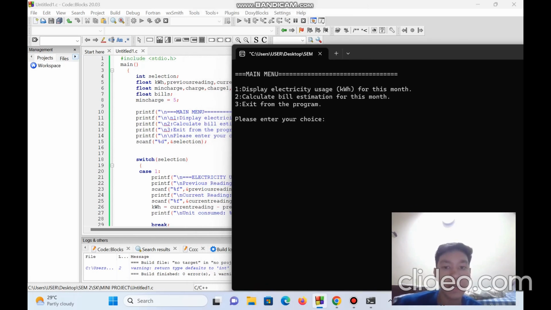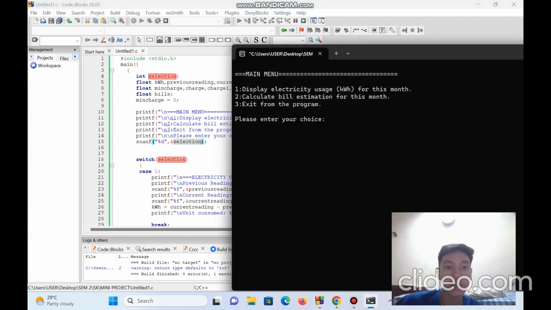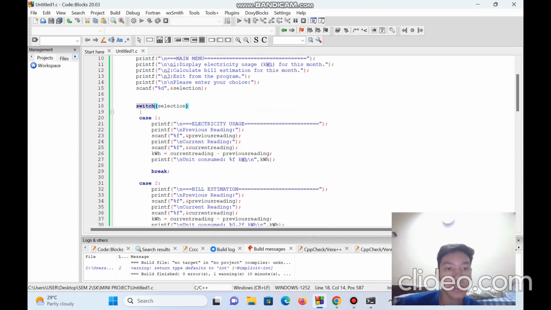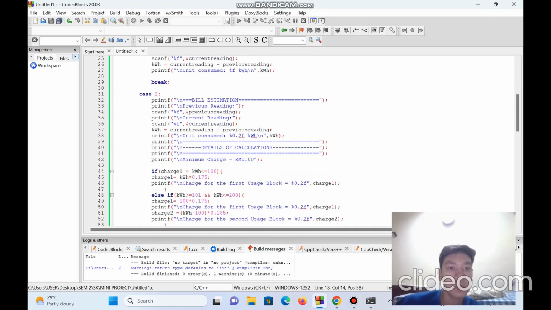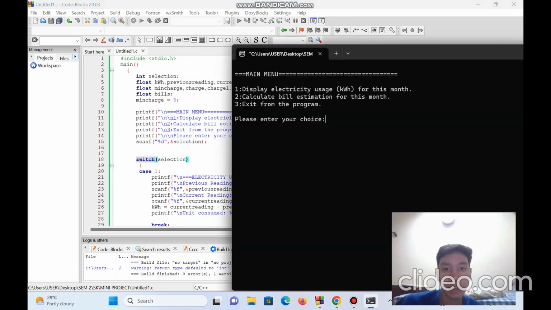The program can read the input from the customer by using the scan function here. This is the scan function, and it must be given as an integer because the selection must be an integer, as shown here. And they can choose their preferred task by using the switch selection. So the customer can choose either 1, 2, or 3. For example, if I choose 1,